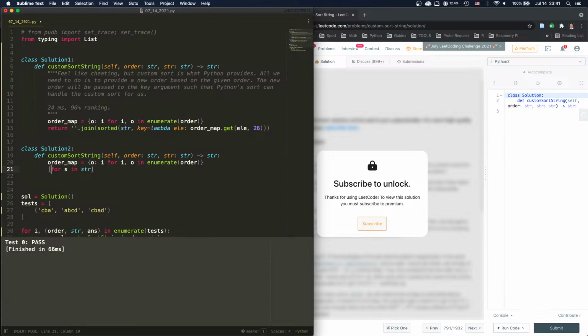And then we just say order map dot get s, 26, right? For us from this, and then we sorted this, right? We sorted this, and after we sorted this, we're going to